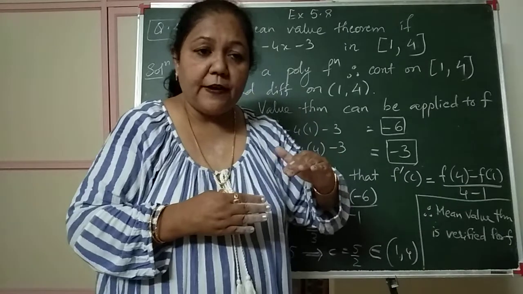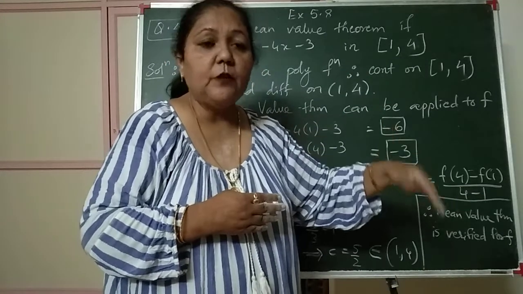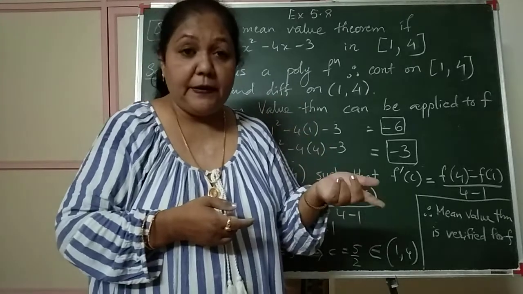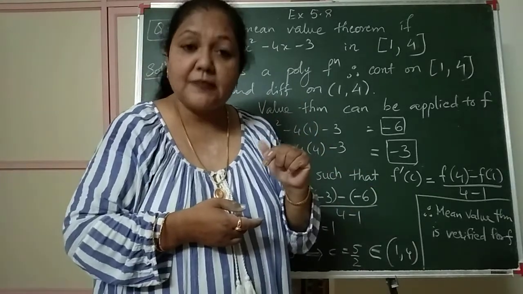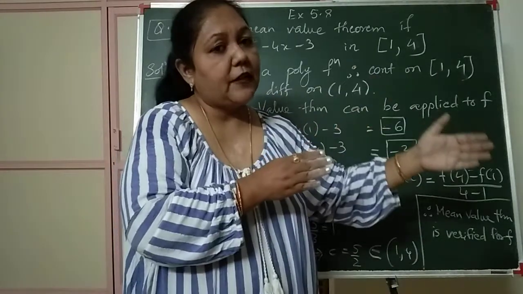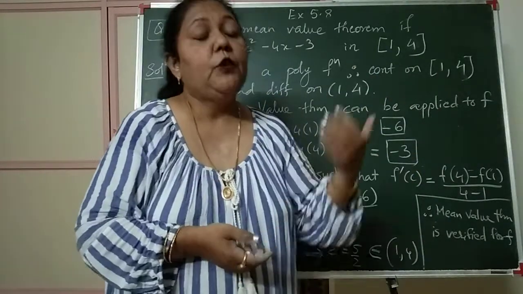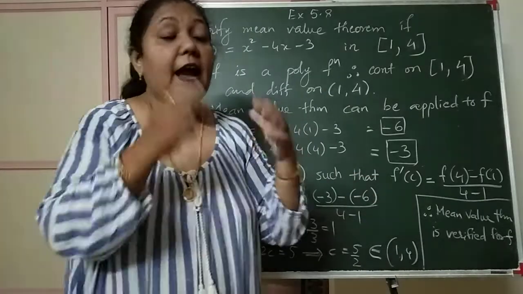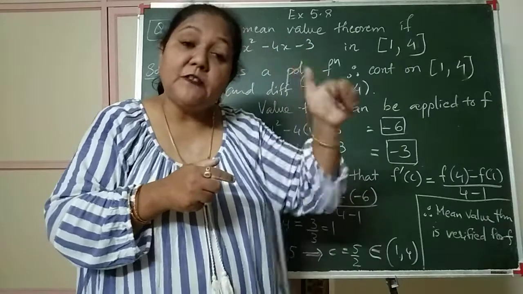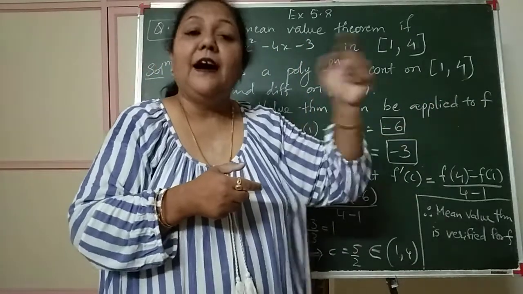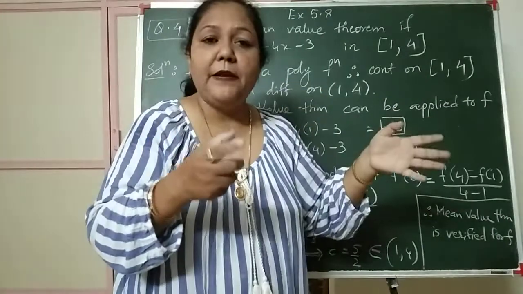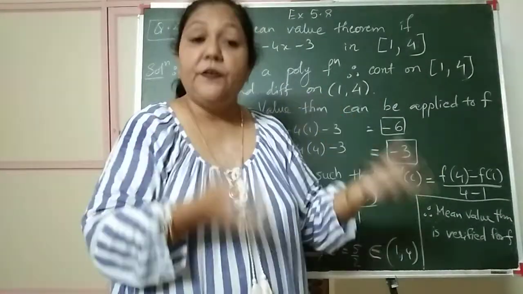फिर आप f of a find out करोगे, f of b find out करोगे, then you will say that there exists, because theorem is applicable, there exists a number c such that f dash of c is f of b minus f of a upon b minus a. You apply that formula, solve and you get the number c. जो c होता है that must belong to the open interval. If c belongs to the open interval, you say that yes, it is applicable and yes, it is verified also.